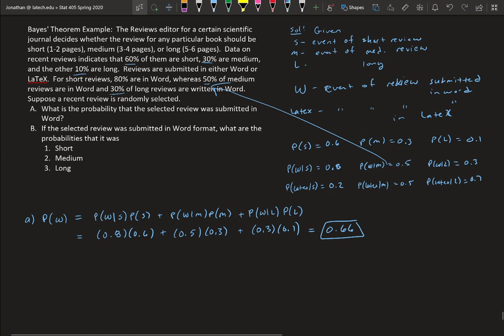So part B says, if the selected review was submitted in Word format, what is the probability that it was short? So part B, number 1: what's the probability of short given that it's a Word document? So what percentage of Word documents are short, basically? Given that it's a Word document, what percentage of those are short? So that's going to be Bayes' theorem. This right here was law of total probability. This is going to be Bayes' theorem,